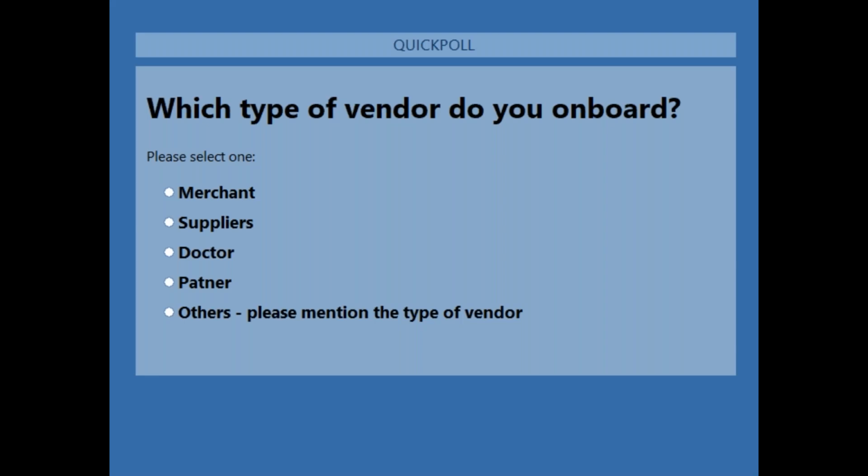I can tell you, Ashish, Shivam, the vast majority are saying partner, so that's 36%. 23% say suppliers, about 8% say merchant, 3% say doctor, and the other 30% are saying others. So all of you who are saying others, please do tell us what these others are, otherwise we won't know. I'm going to give it 15 seconds more for you to answer. About 70% of the people have already voted, but if there's anyone else still left,